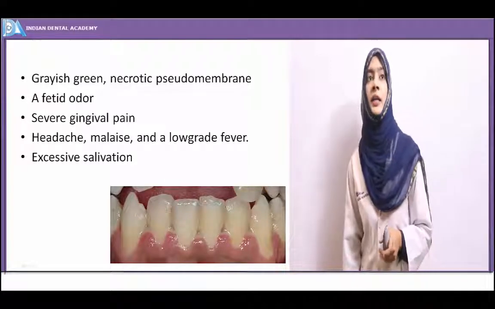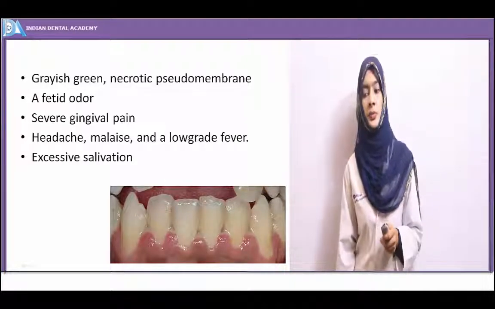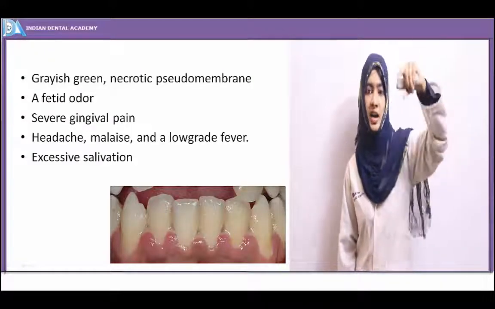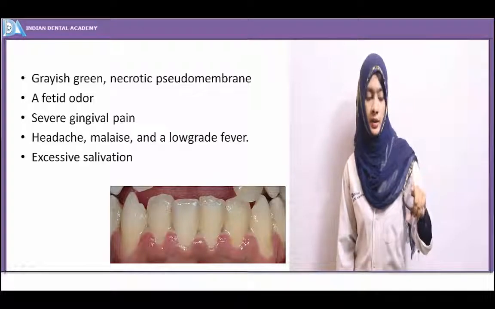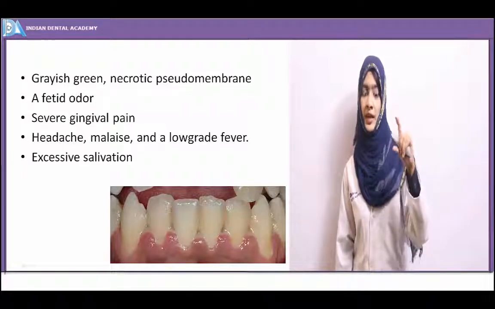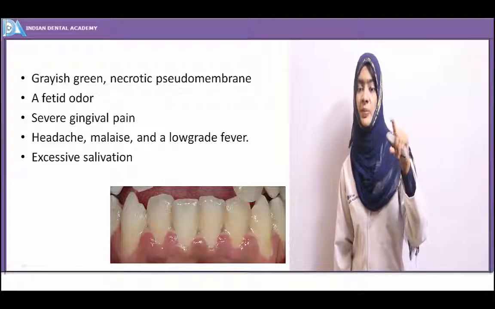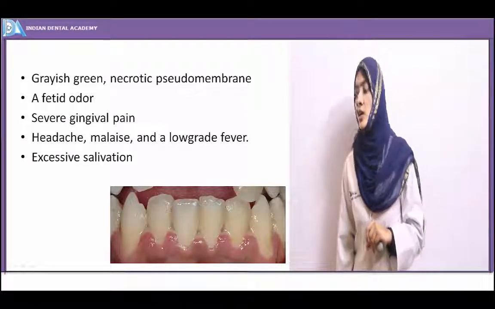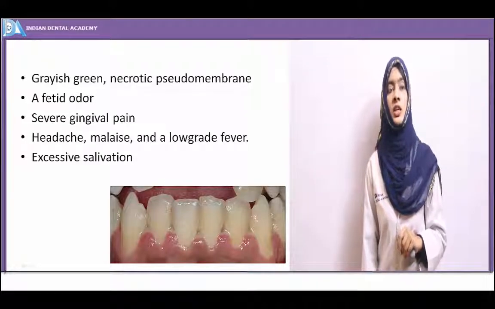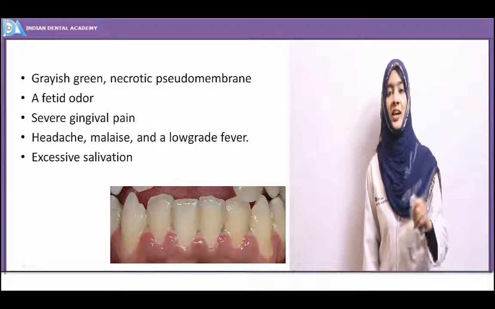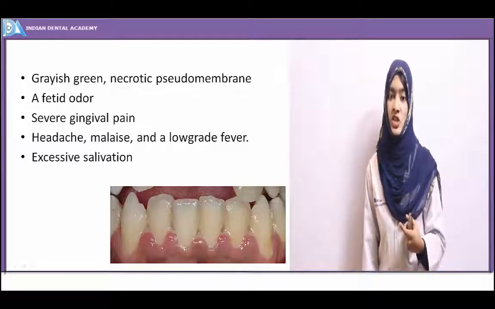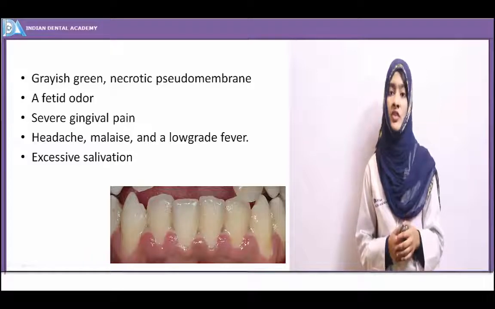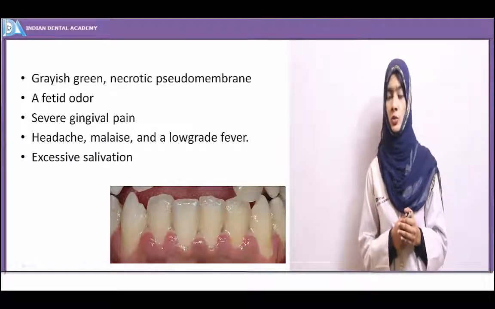Ultimately necrotizing ulcerative gingivitis involves the marginal gingiva, interdental papillae, and even the attached gingiva. The crater-like lesions seen in the interdental papillae lead to loss of periodontal attachment. General manifestations include malaise, fever and high-grade fever. Excessive salivation is noticed. Regional lymphadenopathy is more common. The individual appears to be very weak because he is malnourished also.